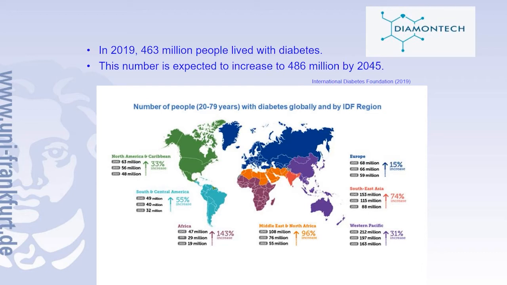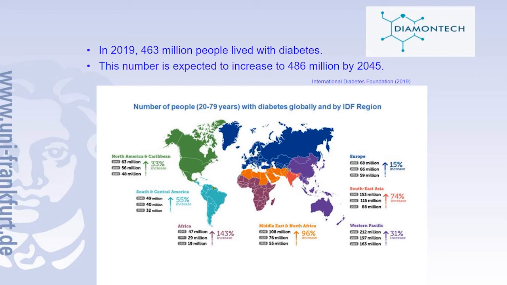In 2019, about 463 million people worldwide live with diabetes, and unfortunately, this number will increase. The International Diabetes Foundation estimates that by 2045, this will be close to 500 million people. It's increasing in all regions of the world, rapidly in the US, rapidly in the Middle East. In Europe, it's a smaller increase, but this is actually a global pandemic. If you look in detail, it's much worse than COVID-19,